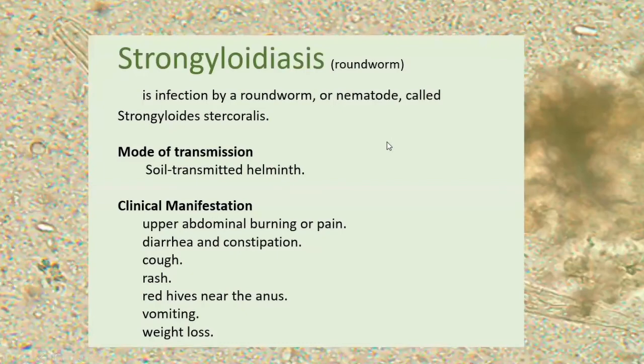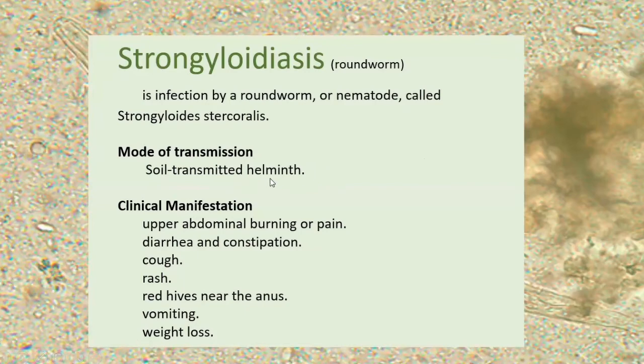The next type is Strongyloidiasis, which is a roundworm, or nematode, infection, with the pathogen Strongyloides stercoralis. The mode of transmission is through soil, so these are soil-transmitted helminths. This means that the primary mode of infection is through contact with soil that is contaminated with the parasite